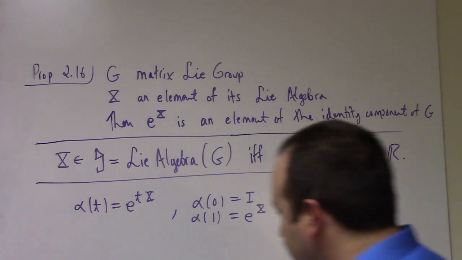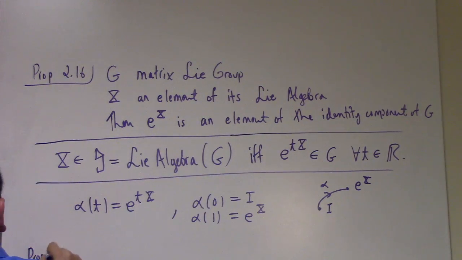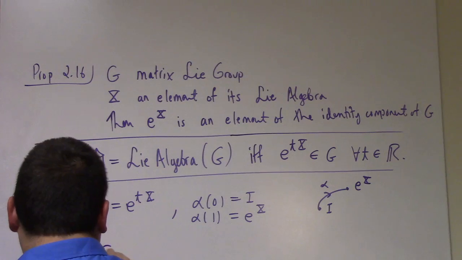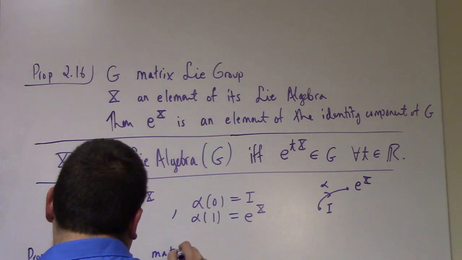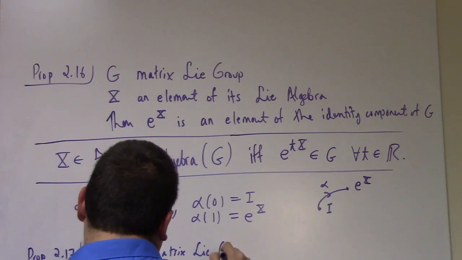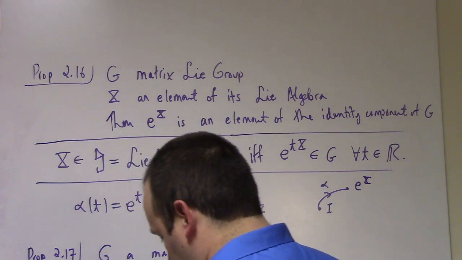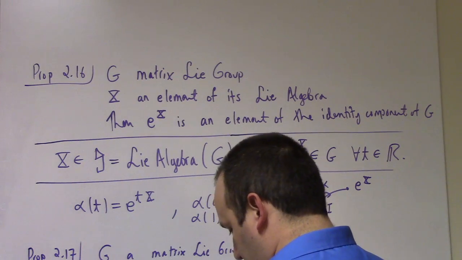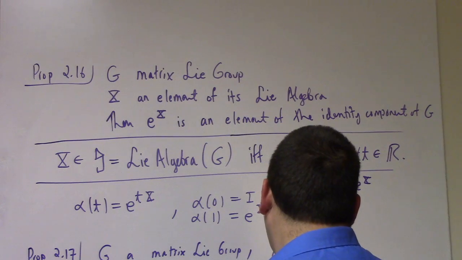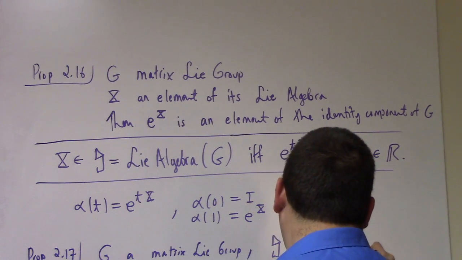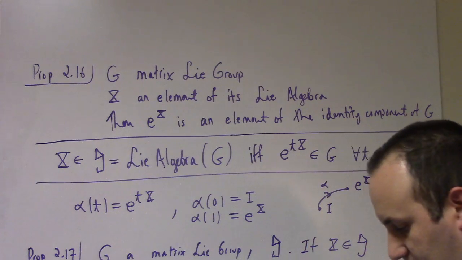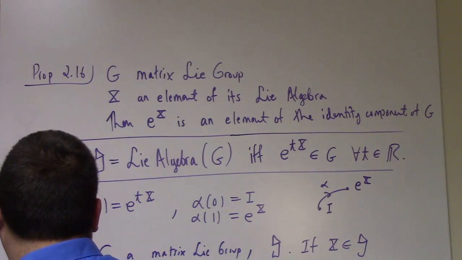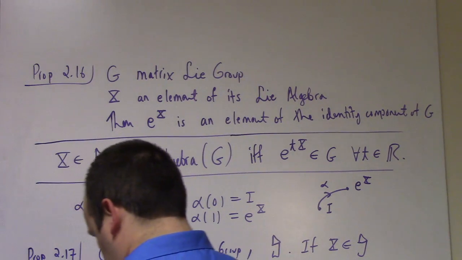Proposition 2.17. If G is a matrix-like group, with the algebra frak g, and if X is an element of the algebra, and A is an element of the Lie group, then